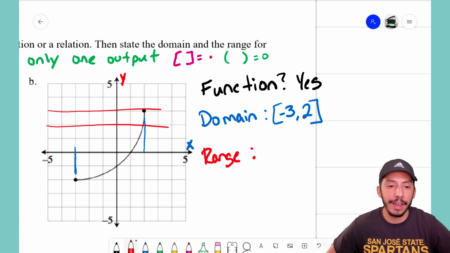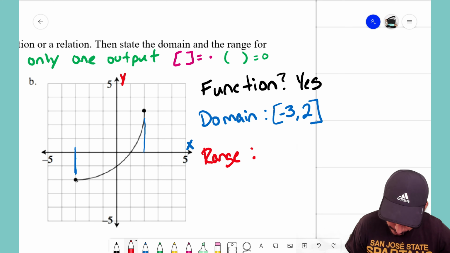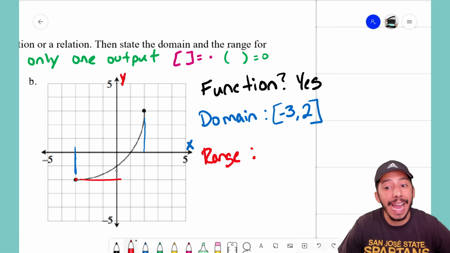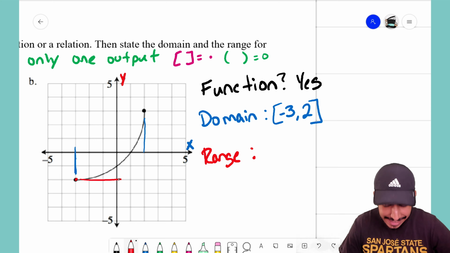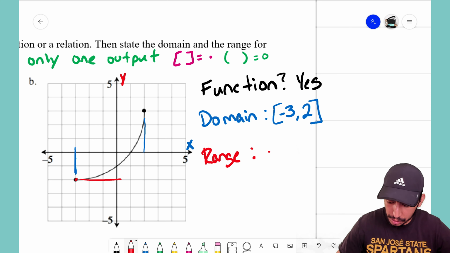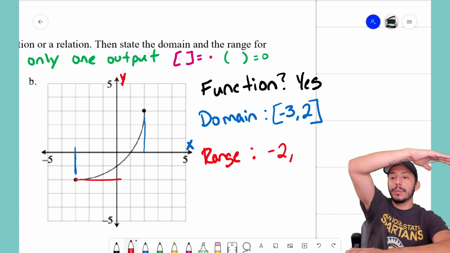I don't think that's where my graph is contained. Okay, there we go. Now I like it. All right, so I see 2 people saying -2. Here's my lowest point. That is at -2. You have to make sure that you're looking at the y value there. It's down here at -2. So we're going to write -2, comma,